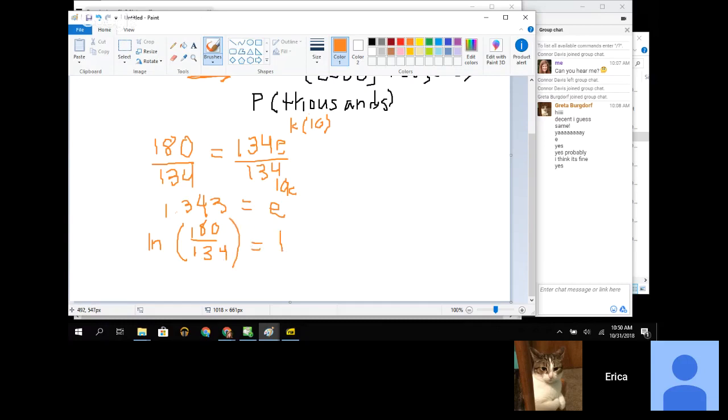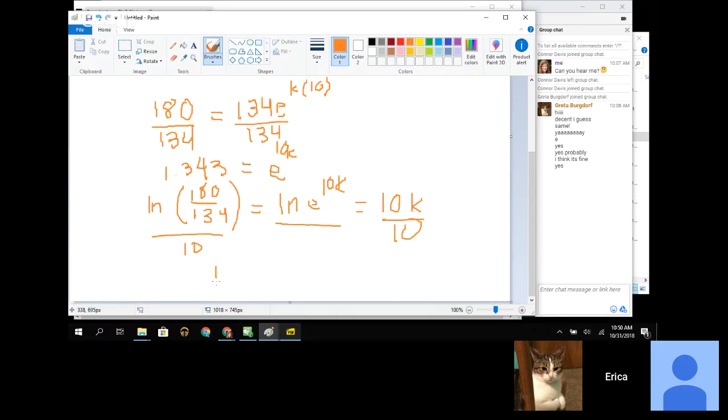So 10k equals the natural log of 180 over 134, or divide both sides by 10. I know I'm being a little bit sloppy here, but you guys get the idea. So all of that to say that if we figure out what k is,